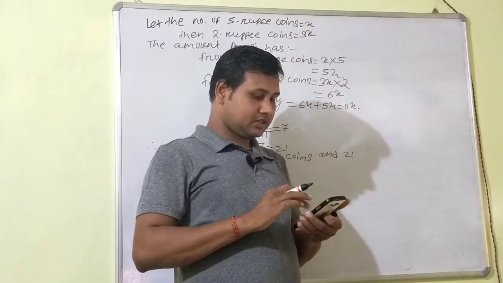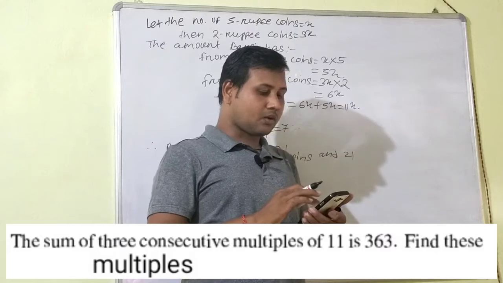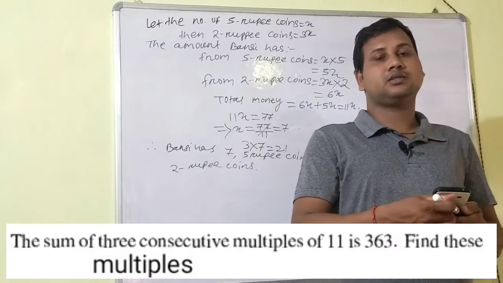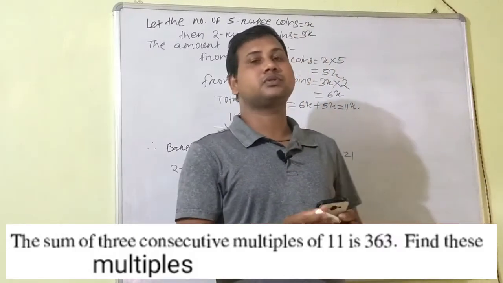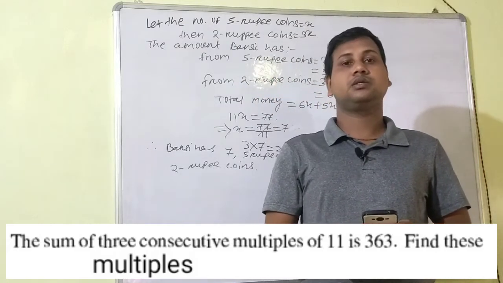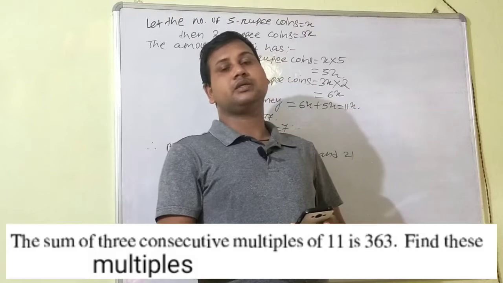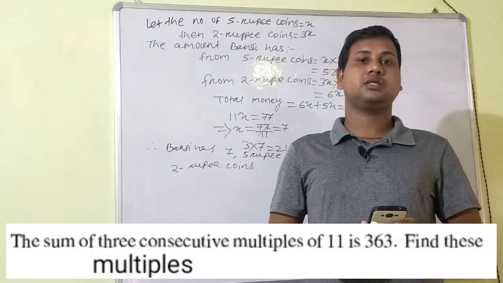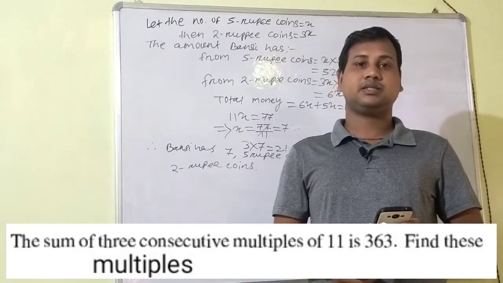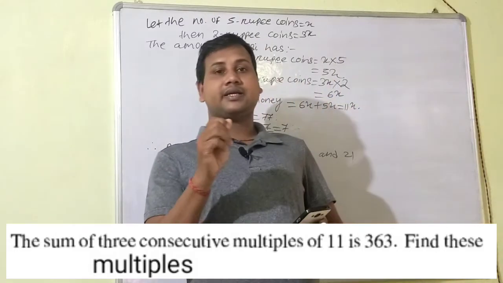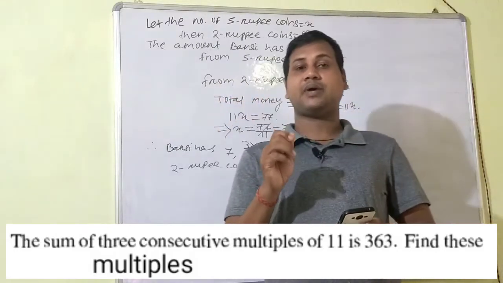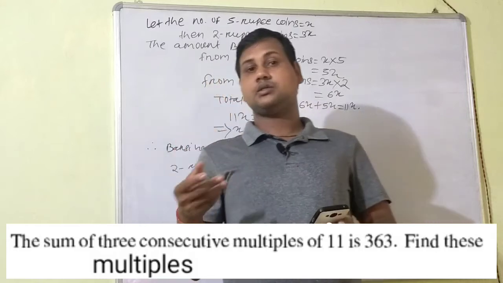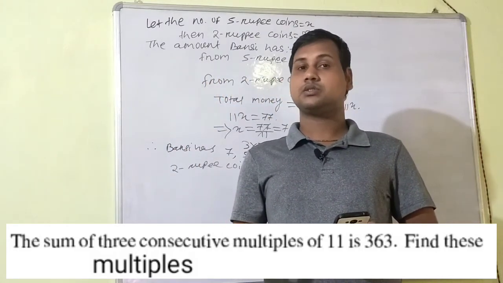Next application we will see, it's given the sum of 3 consecutive multiples of 11. You know multiples of, suppose I am giving one example. Suppose multiple of 3 is 3, 6, 9, 12, like this. Here multiples of 11 will just say, that's 11, 22, 33, etc. So if you will take, it's algebra, so if you will take the first number as x, then second number will be x plus 11. Another number will be x plus 11 plus 11, that is x plus 22.